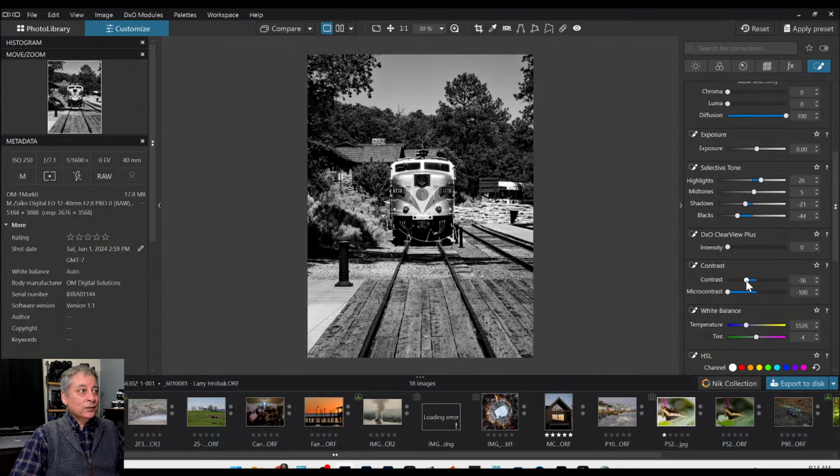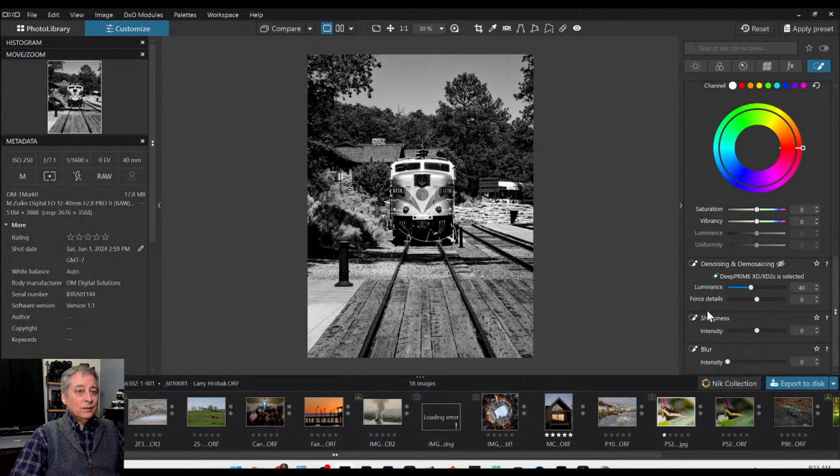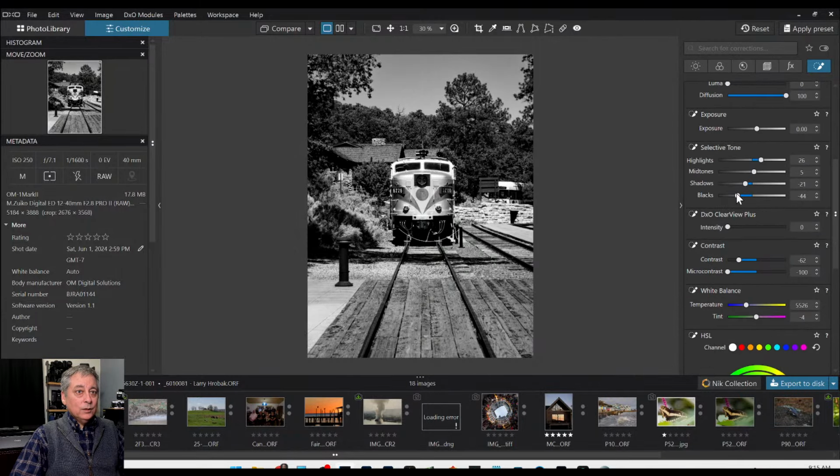Maybe even regular contrast. I just want it to be a little bit softer. I may even just add a little bit of blur. Let me pull it out just a little bit more. And then let's pull in